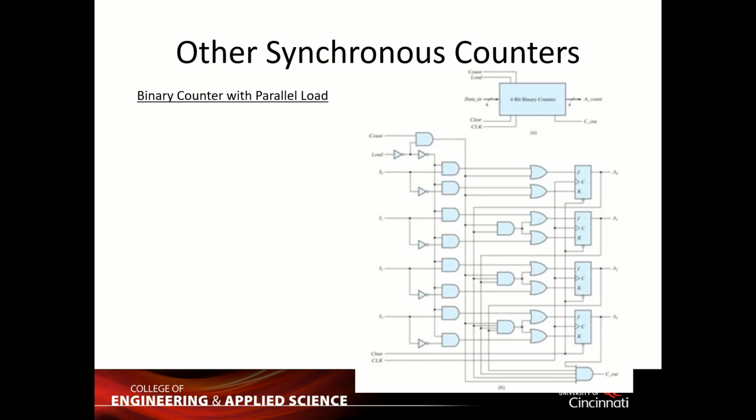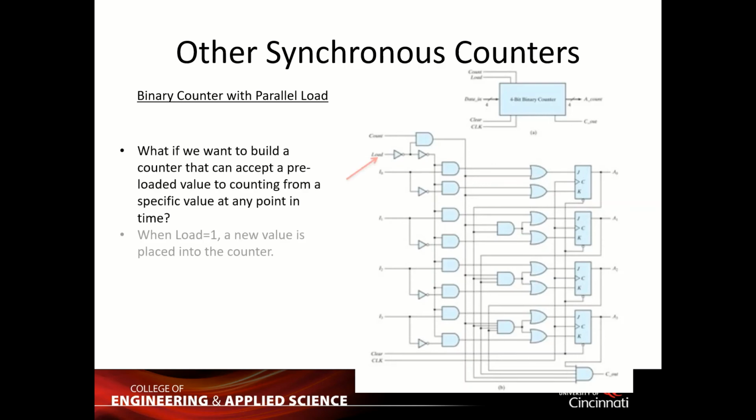So usually we count from 0, right? We just count from 0, then increase until the limit and go back to 0 again. Now what if I ask you, I don't want to count from 0, I want to count from 5, or I want to count from 10? That means I want the ability of, let's say, taking a number, or prompting the user to give me a number to start with. So if I want to design a circuit like that, okay, now I can